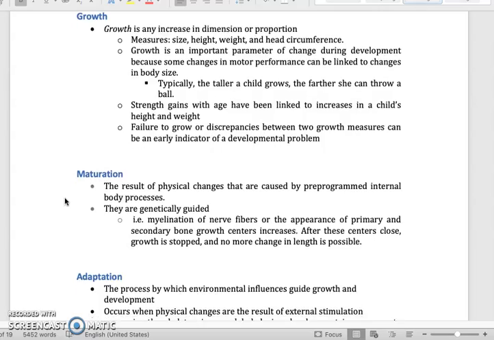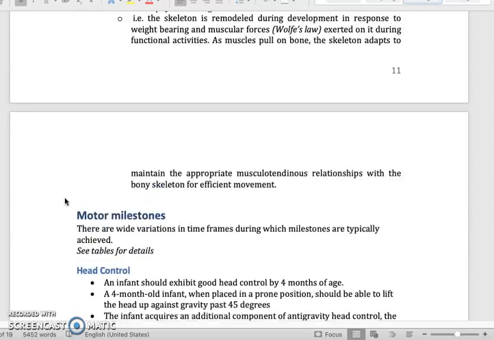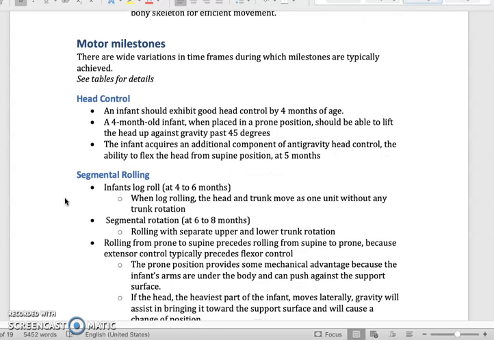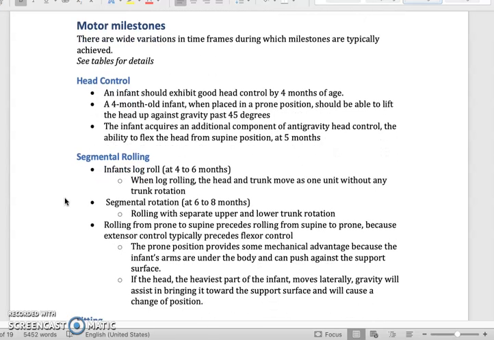Developmental process. Terminology that's in your text is pretty straightforward, but let's land here for the last few moments of this screencast. This is probably your Bible, if I would say, in terms of motor milestones. Motor milestones are consistent across culture, across gender. These milestones a child should hit at about the ranges that are listed here.